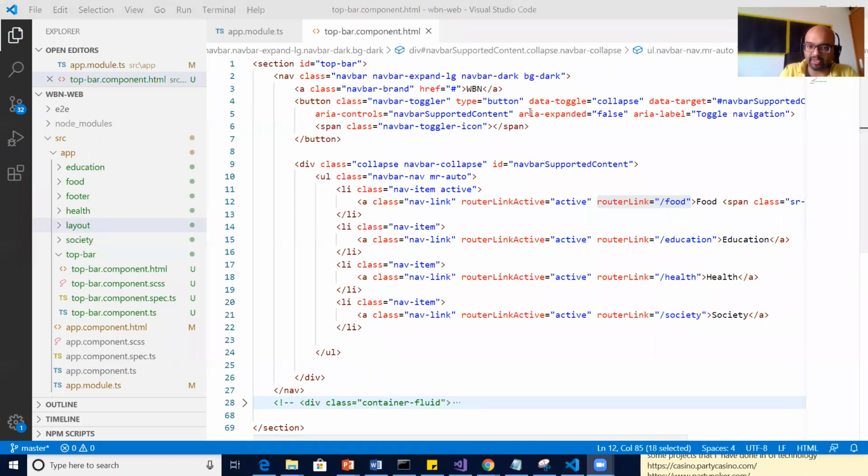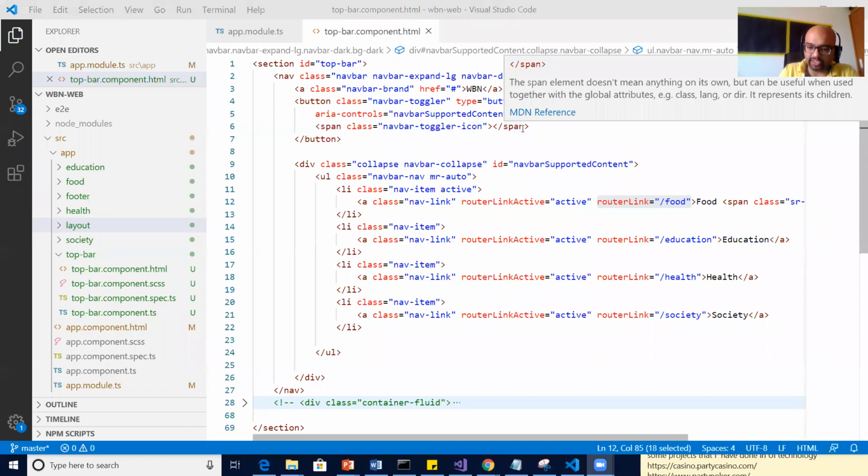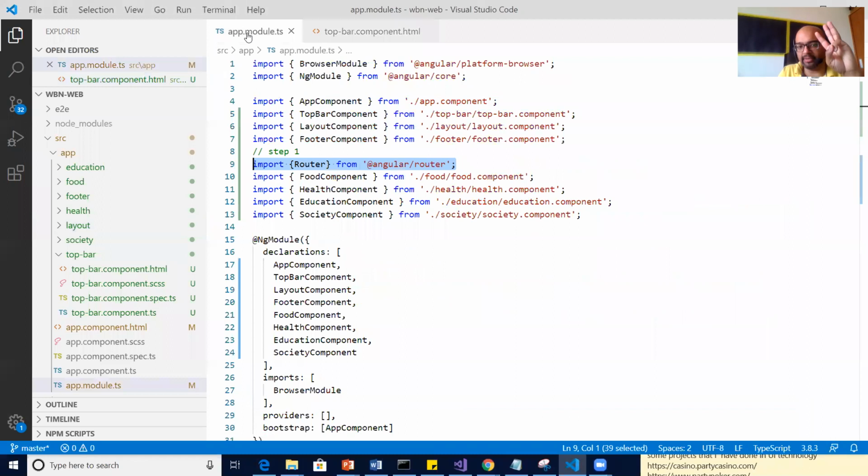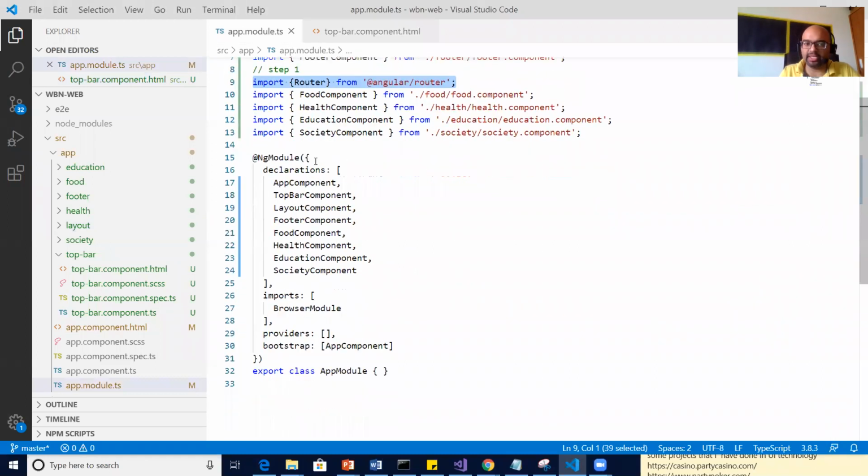No, we don't have that mapping, right? Correct, absolutely correct. We don't have that mapping. So let's go to step 3, have the mapping. Now you can see where I can have the mapping. I can have a separate route file, but at this time, because we are starting with simple routing, I don't want to make you confused. So in the module file itself, I am creating a mapping table.